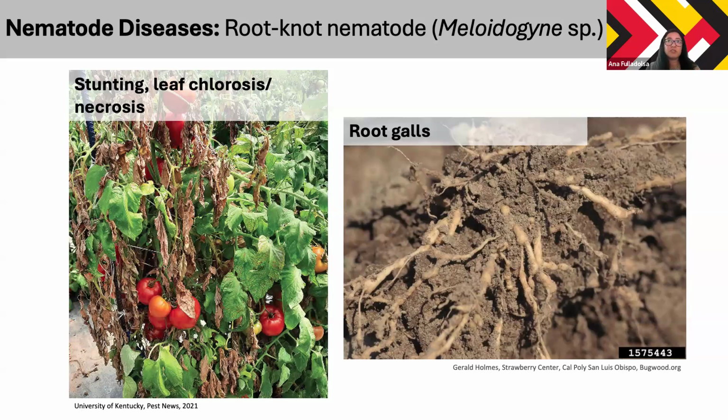Above ground, what this looks like, because you're not pulling your plants out all the time. So how would you know that you have root galls? What you find is stunting, plants that are not growing properly, maybe retarded growth compared to other plants around. Usually in fields, these plants occur in pockets. And so we don't have a uniform nematode population across the field, but we have kind of groupings of nematodes